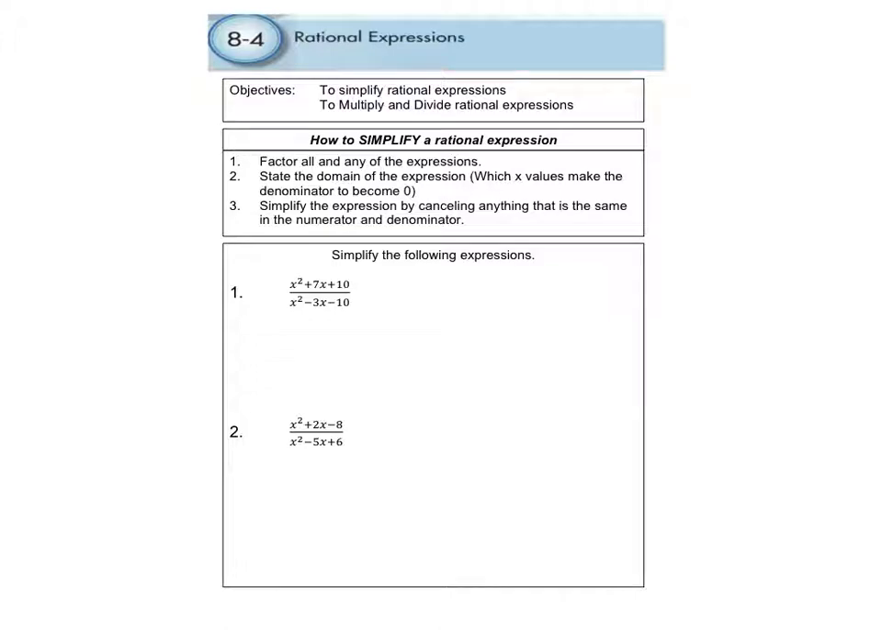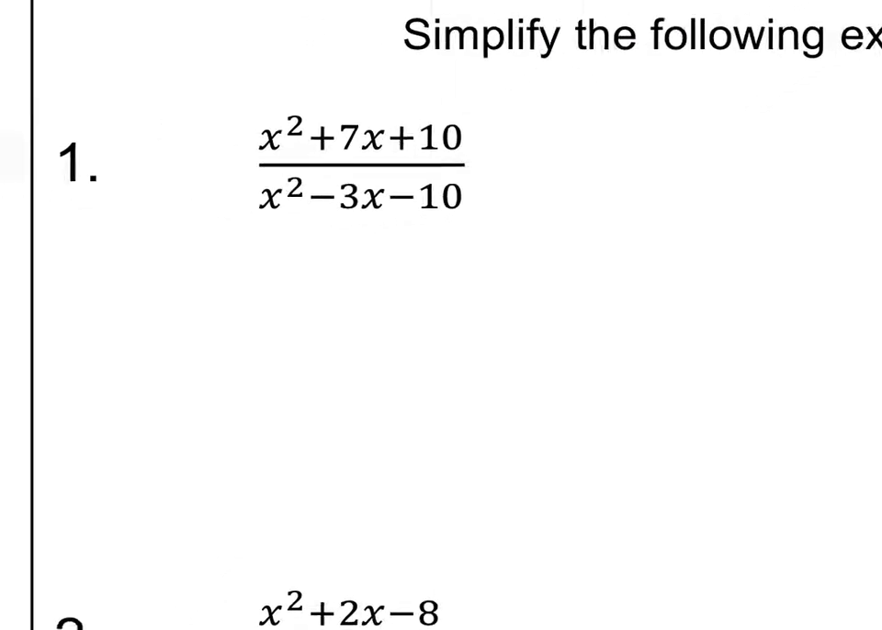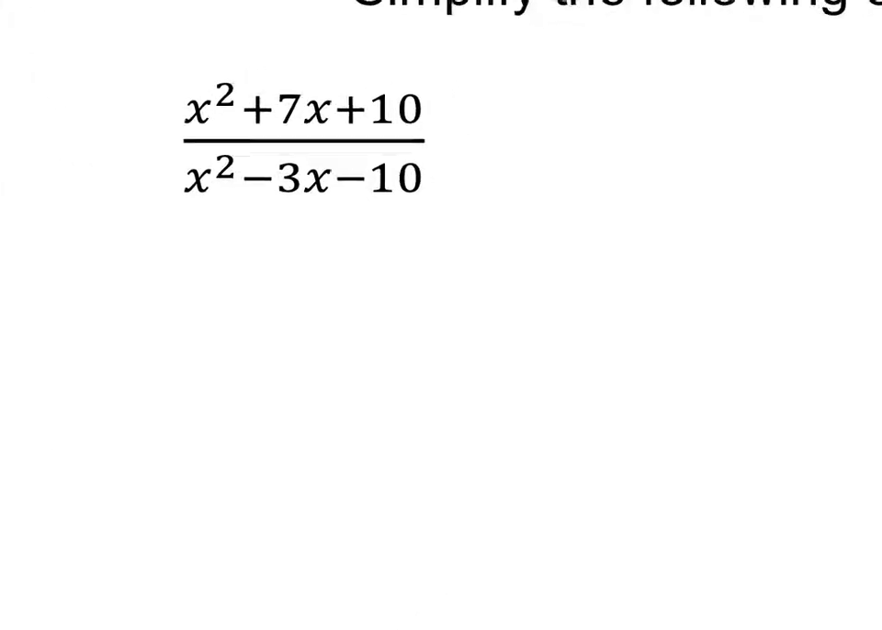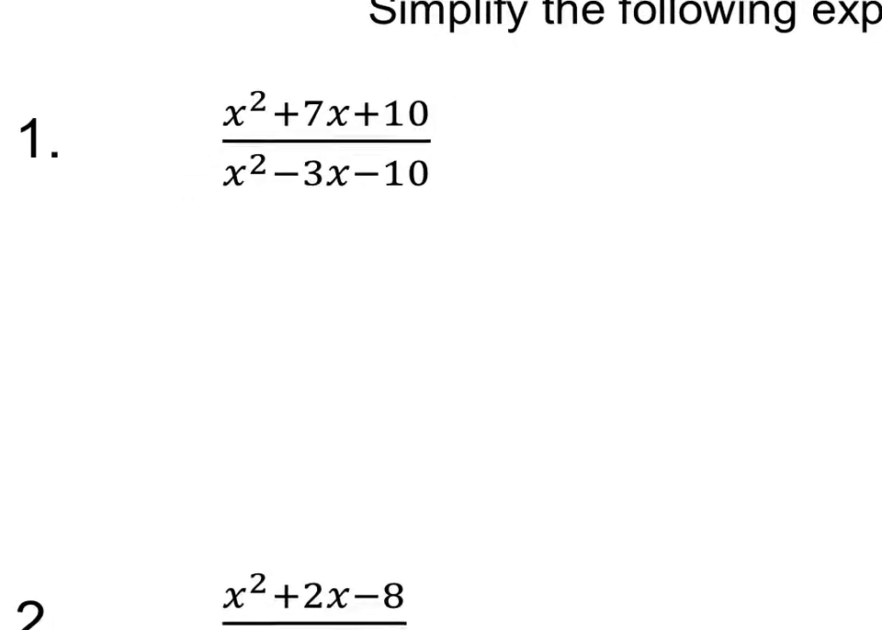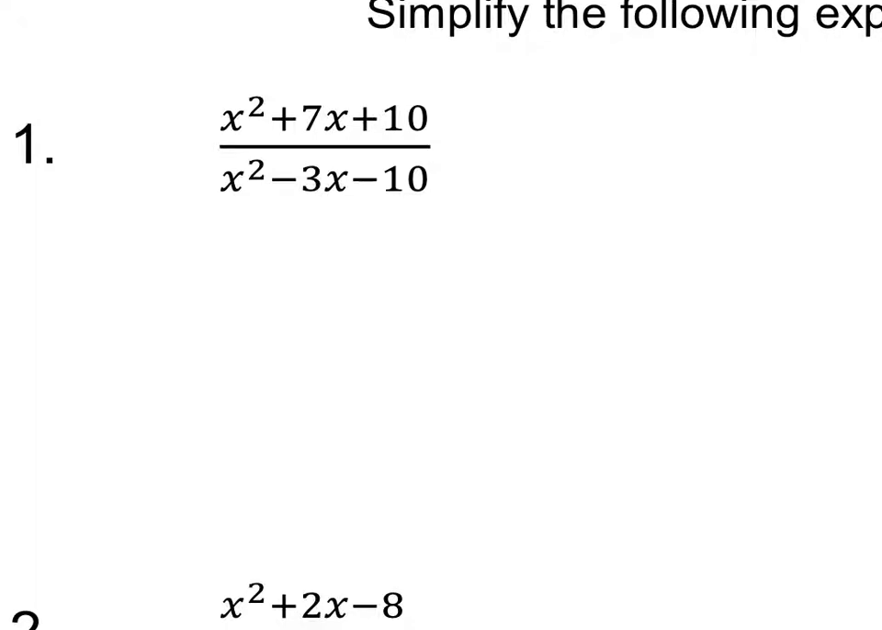Okay, so now let's take a look at some trinomials. On these trinomials, let's take a look at example number 1 in your notes. I've got x squared plus 7x plus 10, over x squared minus 3x minus 10. So, again, I'm going to factor the top and the bottom. And in order to do that, I've got to use my